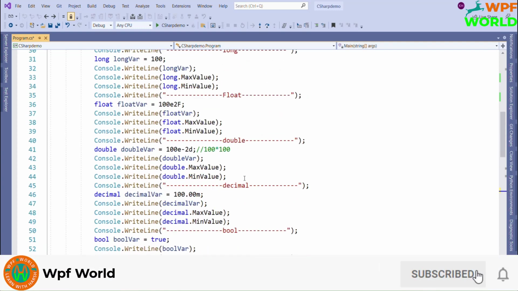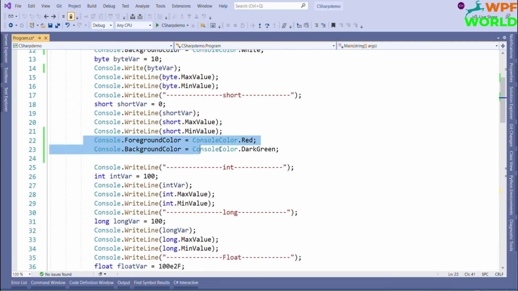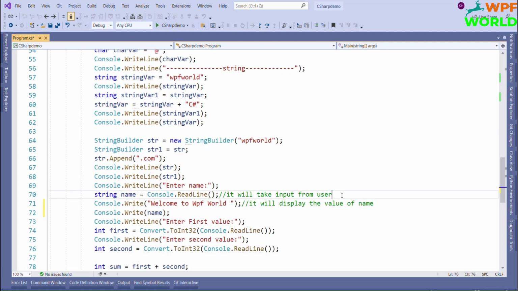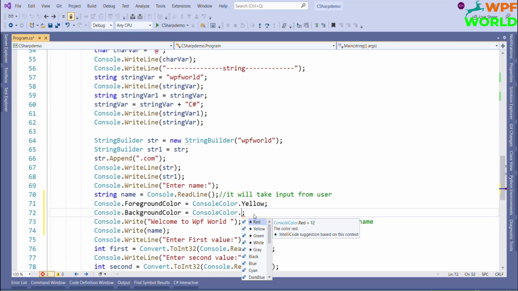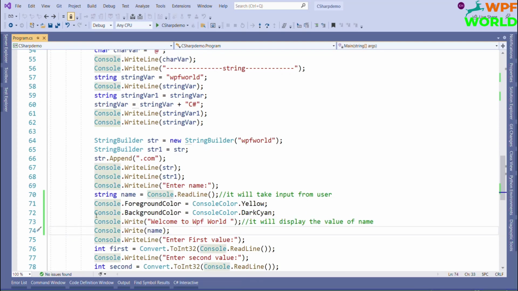Here I want some different color. I will give yellow for the first, and here we will have some different color, gray or dark cyan. Both will be in the same color, but I wanted to change the name color. So how will we do it?